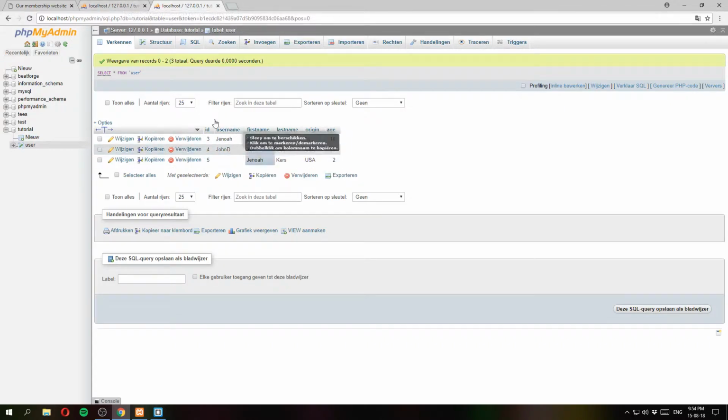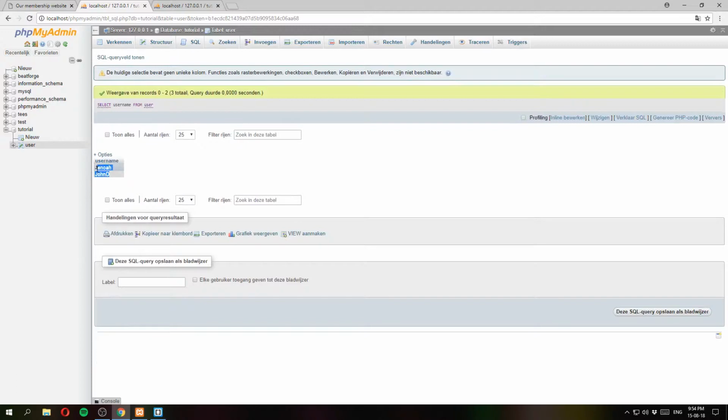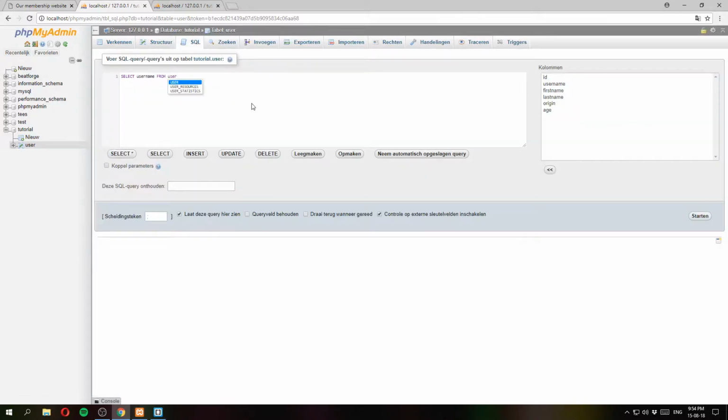So we will select the username from the table user, where, because if we just say this, then it will give us back everything that is found in there. So that's why I say where